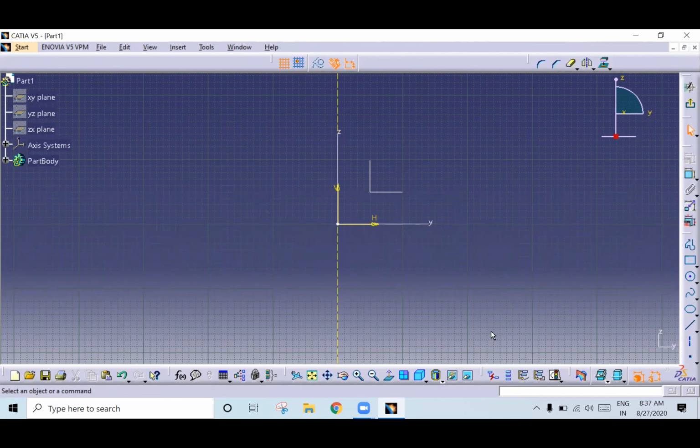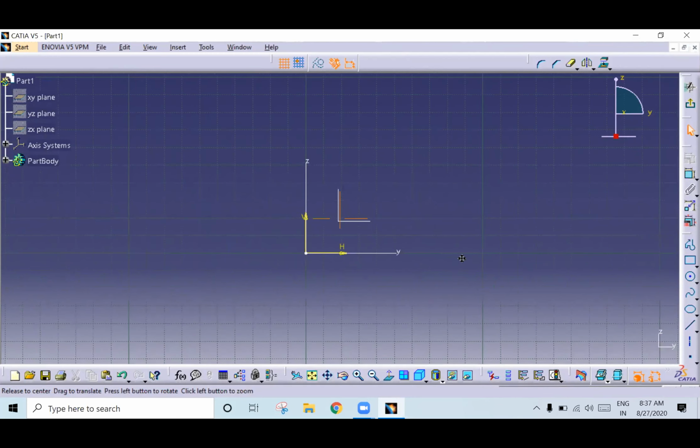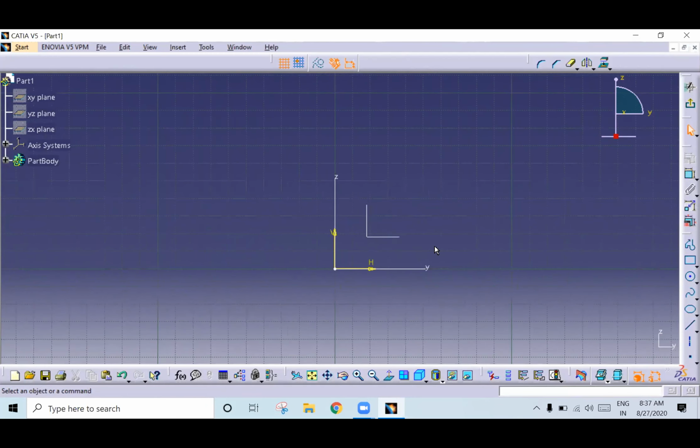Okay, you just open the drawing that I have sent you. Okay, I will just open the drawing.